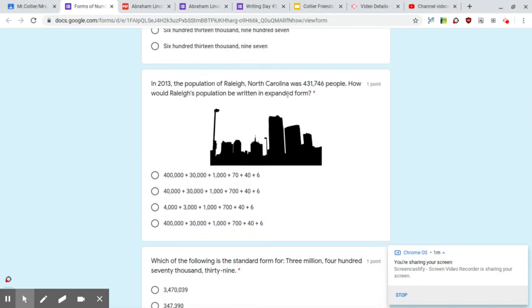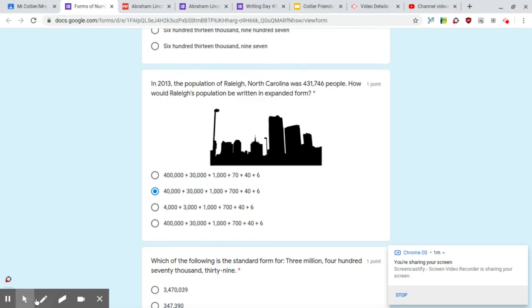They've given you the population of Raleigh, North Carolina. And then here is the number they are asking about. 431,746. And I touched on this briefly in my math video. For expanded form, you're just going to look at that 4 and know that that 4 is worth 400,000. Then you're going to find an answer choice that has 400,000. And I can see that 2 of them do not